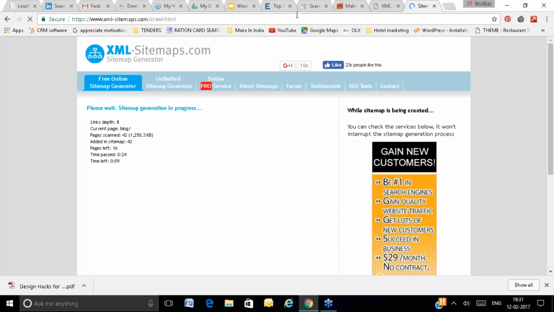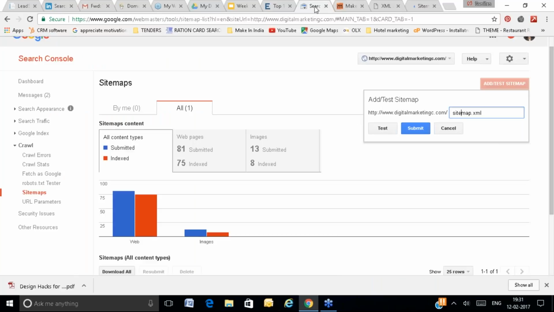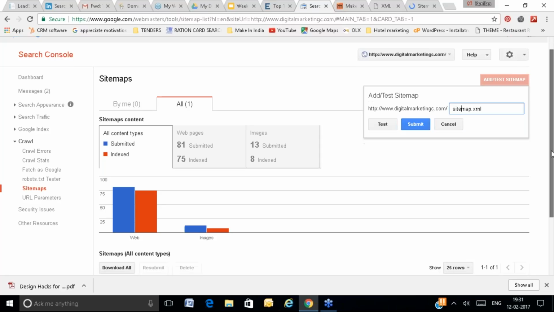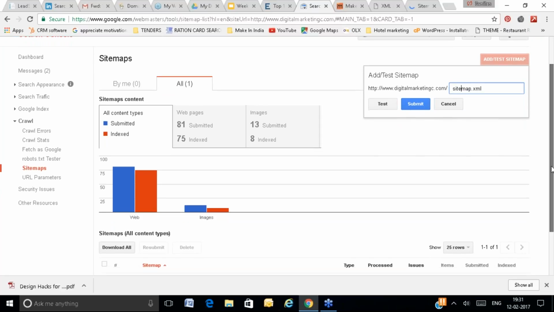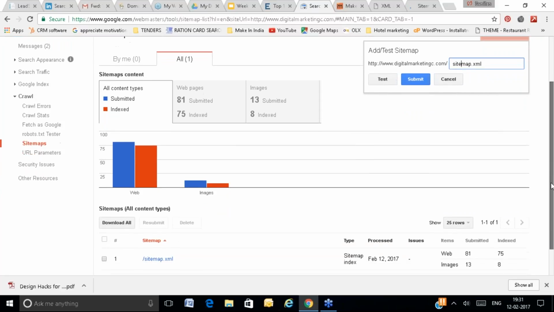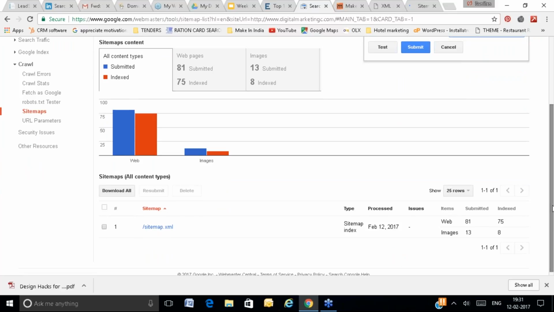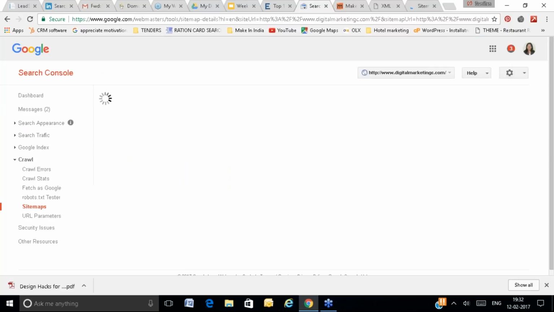So you have to upload that XML file on your server, and then you will submit the sitemap file name here, right? That way you are giving the list of all the pages of your website to Google in one file. Google will visit one file, and Google will be able to know what pages you have listed on your website.